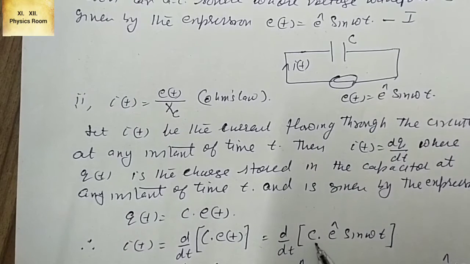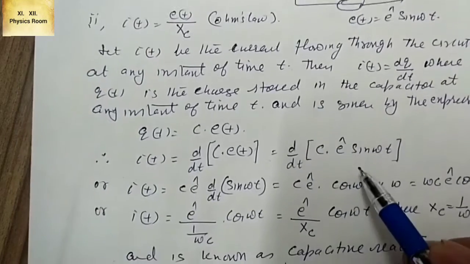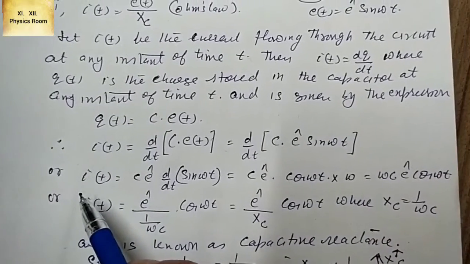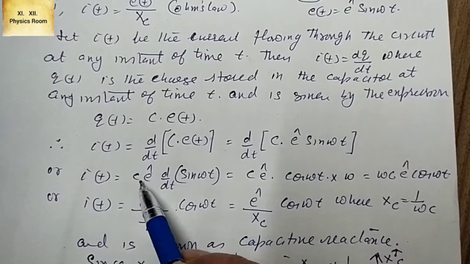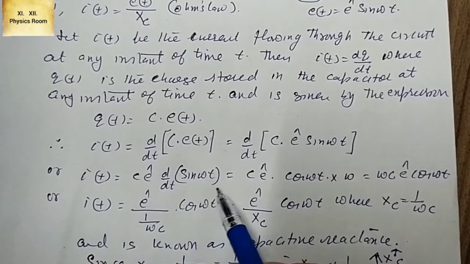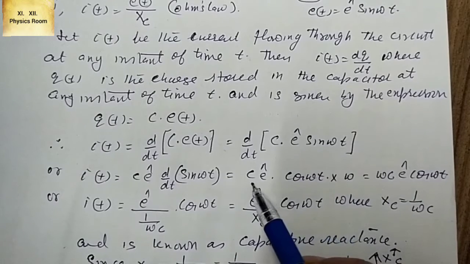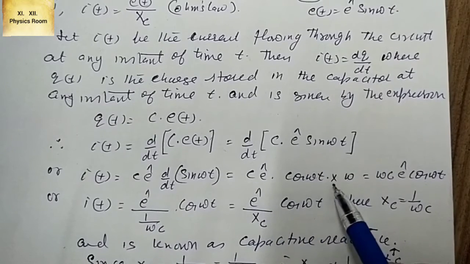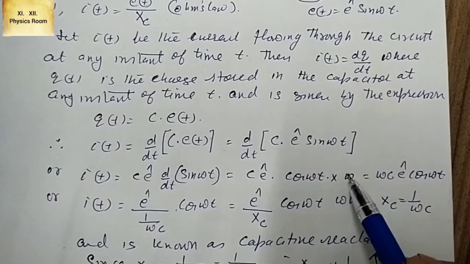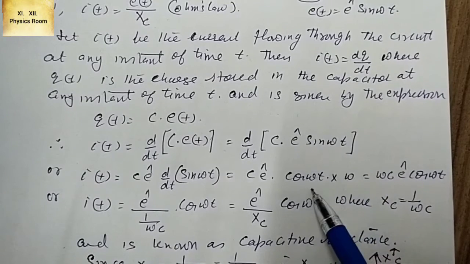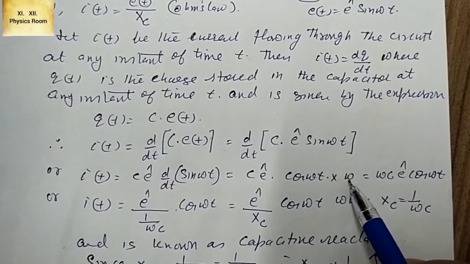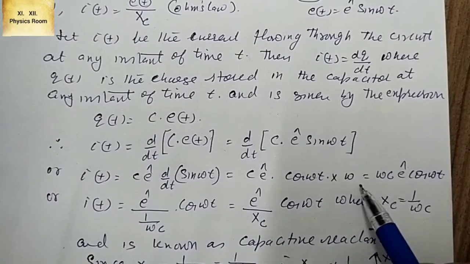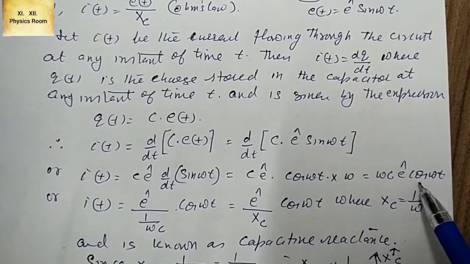Equal to d/dt of C into E max sine omega t, or i(t) is equal to C E max times d/dt of sine omega t. d/dt of sine omega t is cos omega t into omega. So C E max into cos omega t into omega. Now we bring omega to this side with C. So it is equal to omega C into E max cos omega t,